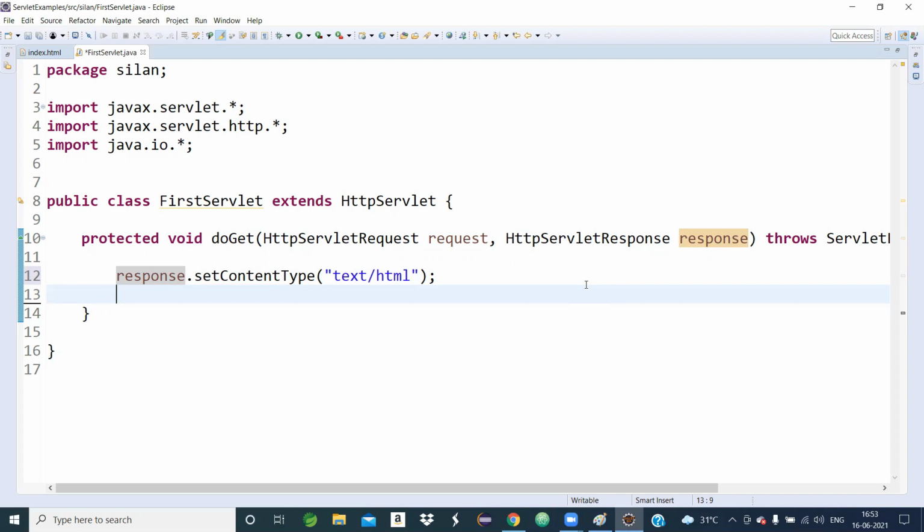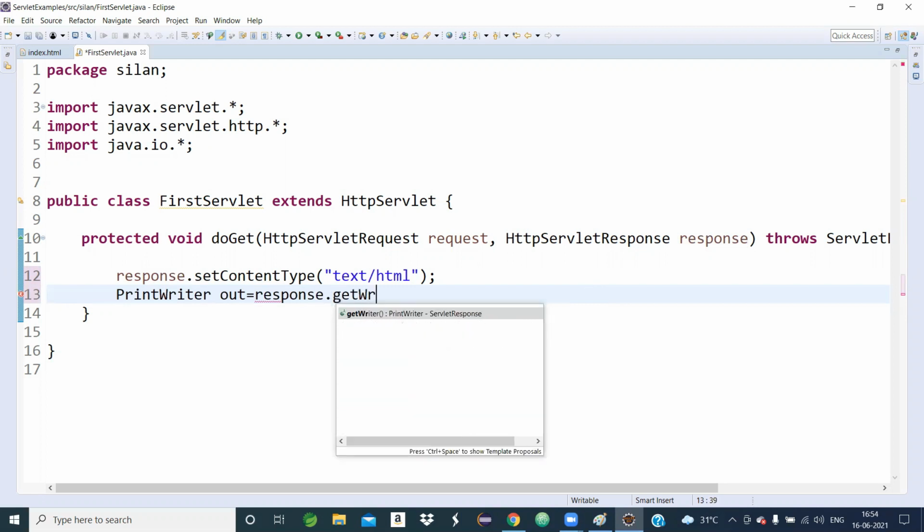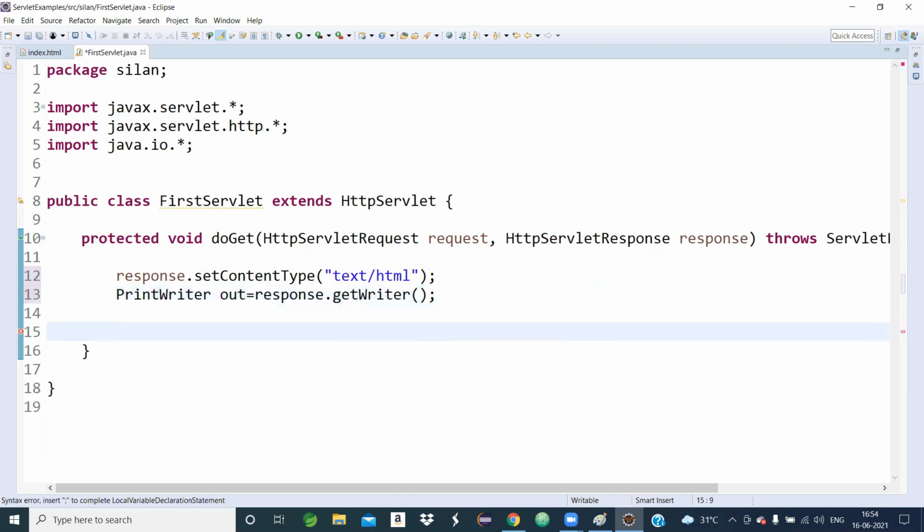Now the second statement, this line is also common to any servlet. PrintWriter out equals response.getWriter. So what is the meaning? In servlet and JSP, our output statement is the out.print method. Here we will not write System.out.println.